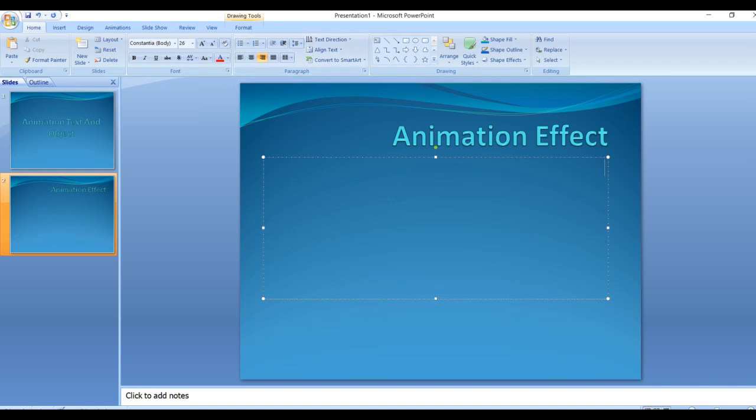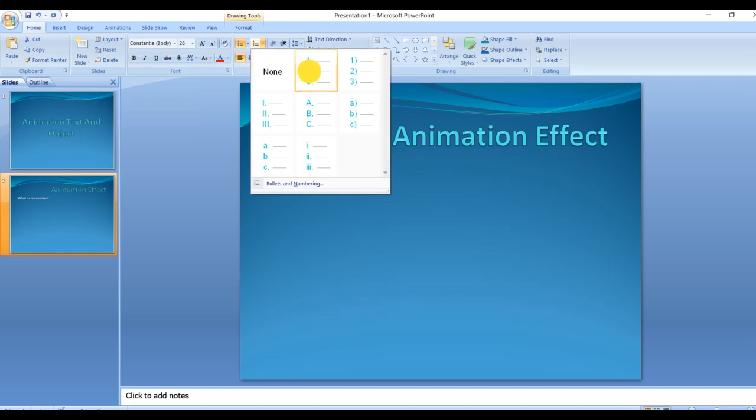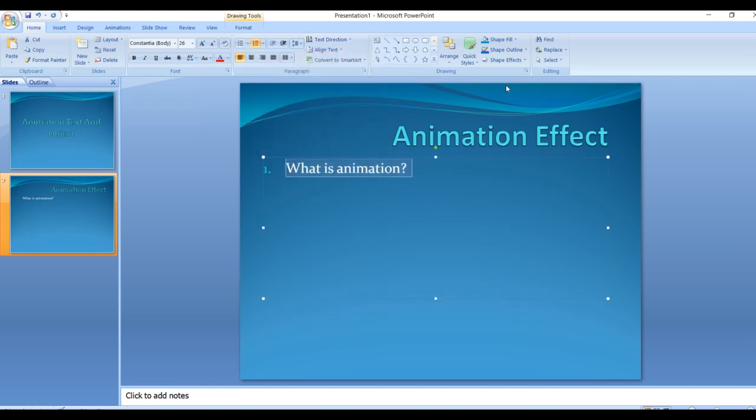What is animation? So what is animation, students? Yes, just now I said it is the ability to move the object. The ability to move objects like text, graphics, logos in all the directions is nothing but your animation.